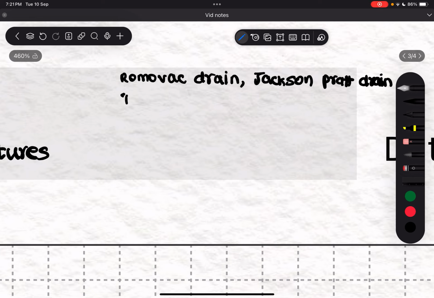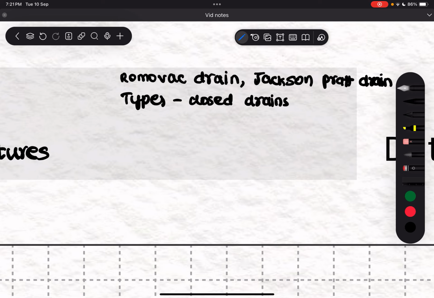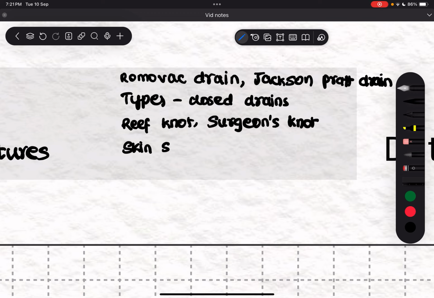Then types of closed drains, reef knot and surgeon's knot, skin suturing principles,